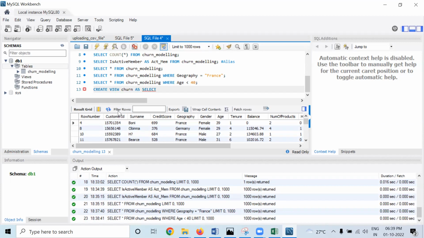So I'm taking credit score. It is an important one. Then geography. After that, age is also important. You can choose any. I'm randomly taking it. Then you have to write from which table you are taking. That is from